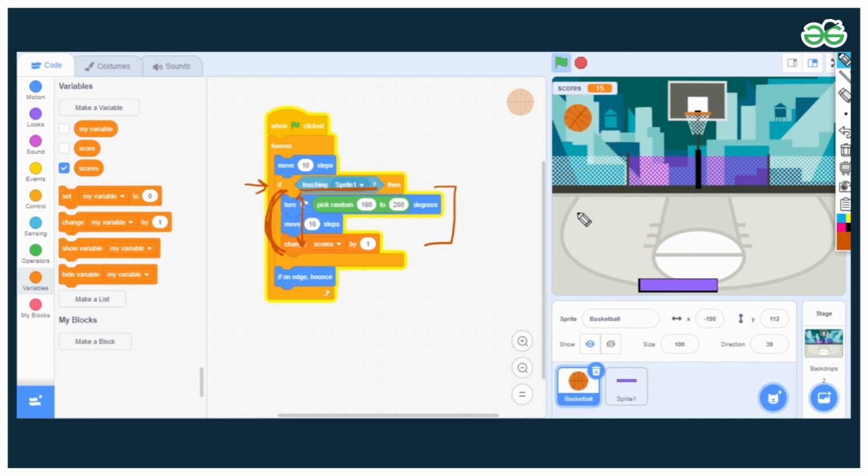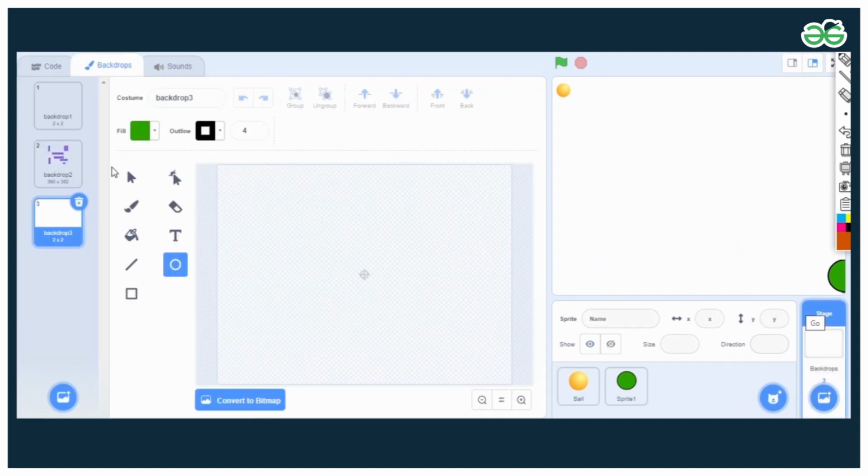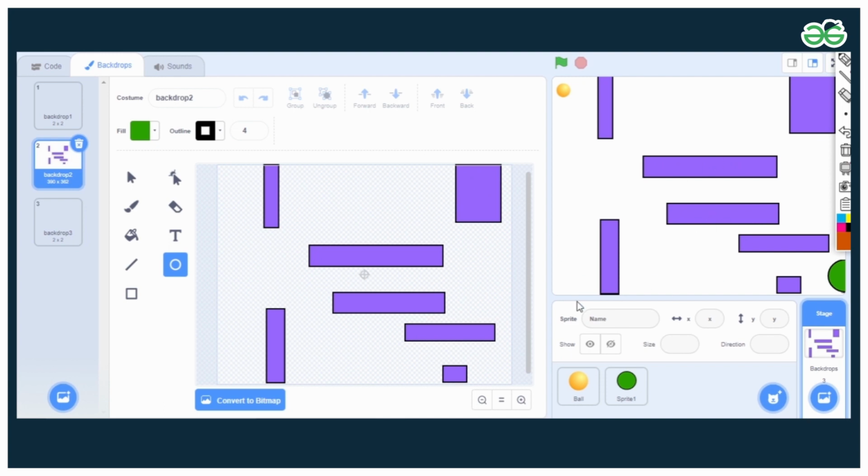Now let's go to the maze game. So this is your second activity, that is the maze game. Inside the maze game, first of all, you have to create the mazes. For that, I have just painted a background. You just need to go to the backdrop, click on paint, and you can paint any backdrop just like I have done. This is a very basic one, you can do your own, right?